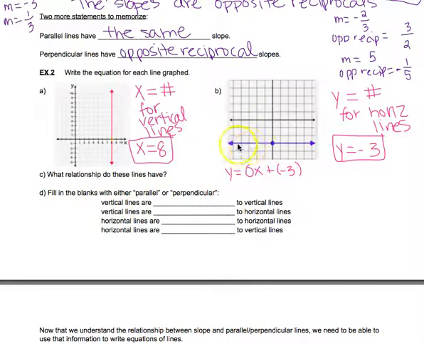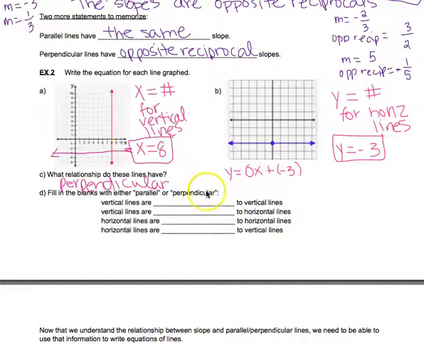So meaning, if I graph this line, y equals -3, so that would go right here on the same coordinate plane as my original, we should be able to tell what kind of relationship those have. So go ahead, that's the next thing I want you to answer, is what relationship do these two lines have to each other? All right, so hopefully you decided that those were perpendicular,